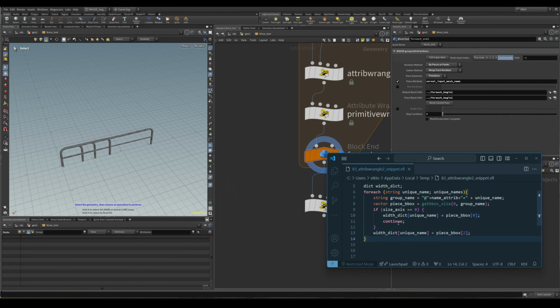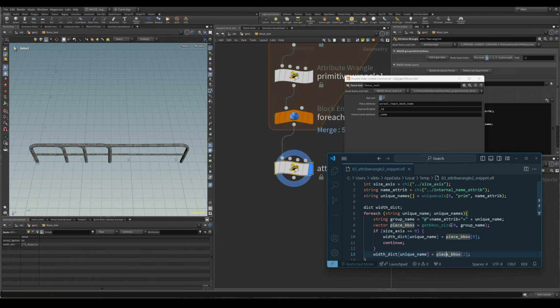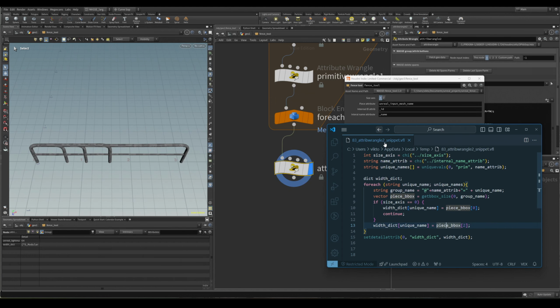We have our key, which is the name of it, and then the sizes of it. The sizes seem pretty small, probably because we selected the z-axis. So let's select the x-axis. Let's watch it again. Okay, this looks much closer to correct. You can see the biggest piece is going to be 3, and these sizes look actually correct. So yeah, we have now created our width